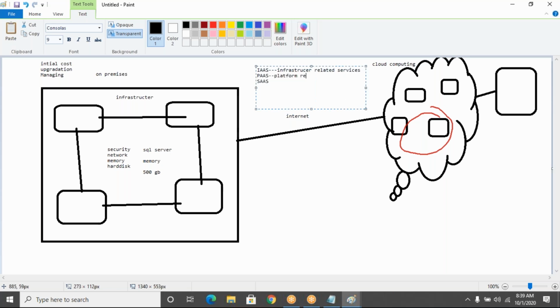Then platform related, platform as a service. And software as a service.